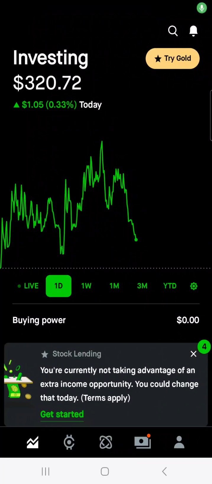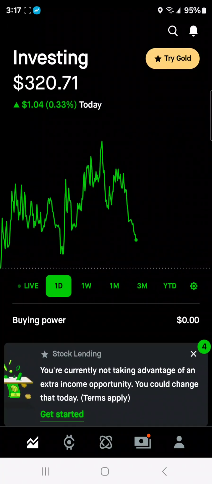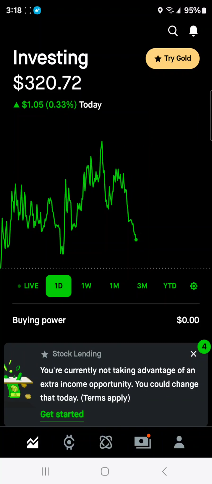Okay, let's see if I can walk you through some basics of Robinhood and stuff. This is your main screen from Robinhood. Obviously, it will show you your investing and all that stuff in your main screen for what you have going on, if you have any long-term holding stocks or whatever. At the top corner here, you'll see there's a little bell,